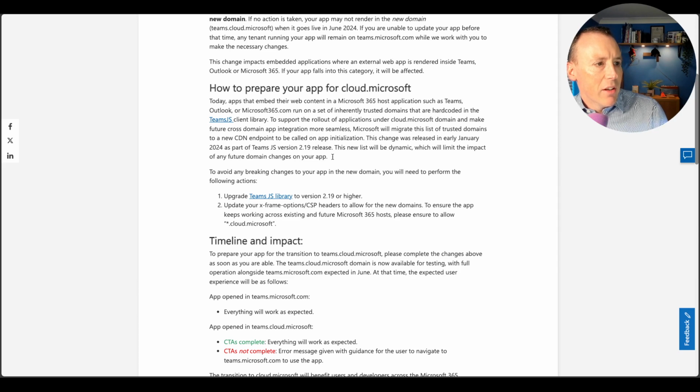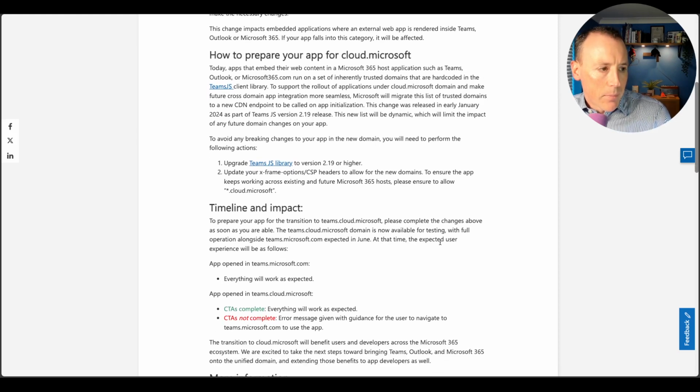It says here actually, there's a list of trusted domains to new CDN endpoints. So the basic JavaScript stuff is there as well. There's a dynamic list. Anyway, what you have to do as a developer, apart from doing that update, is update your own iframe options, your CSP headers, to support or allow cloud.microsoft. Okay.